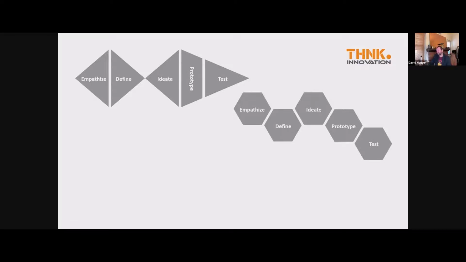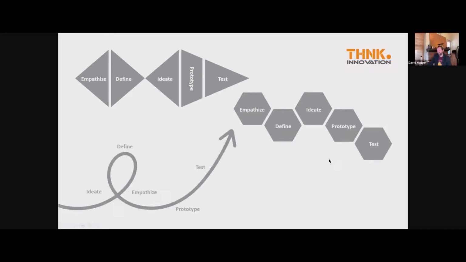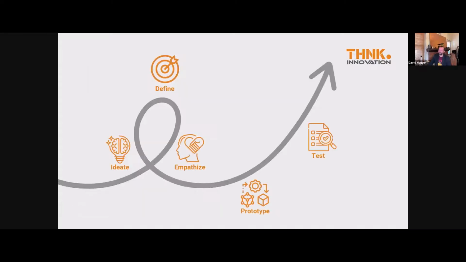Some other companies have their own models, which are varying in between 3 and 7 steps, but those 2 5-step models are the most common ones that you will find out there. And you will find, if you follow my work and Silicon Beach, THNK.innovation a little bit, you will find the loop model, which I like specifically because it does put some emphasis on the empathize, define, and ideate part of the design thinking process,